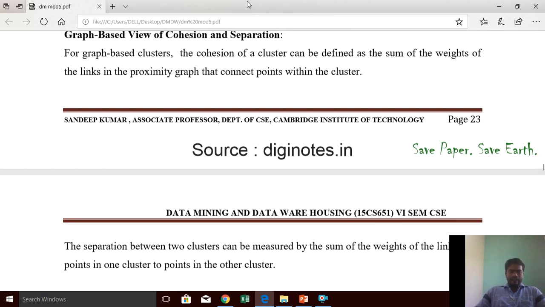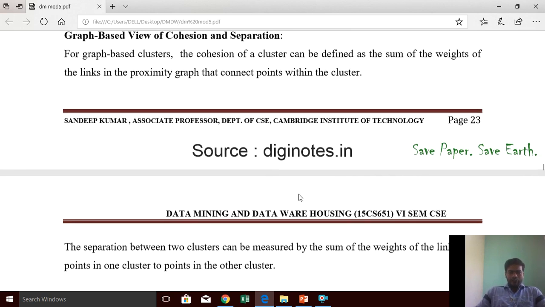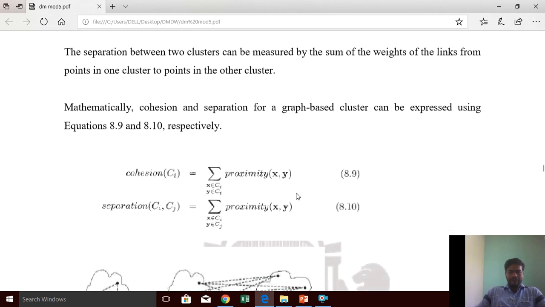Then separation: if you want to determine the separation between two clusters, it can be measured by the sum of the weights of the links from points in one cluster to the other cluster. Take the links and find out how two different clusters are separated from one another. So mathematically,